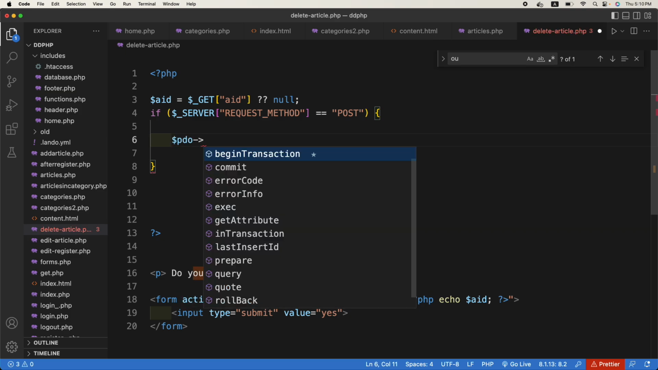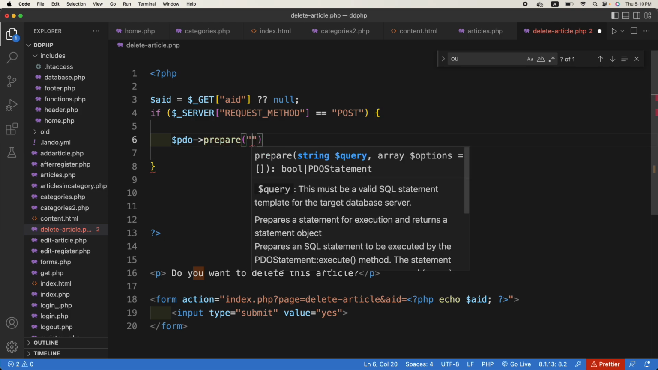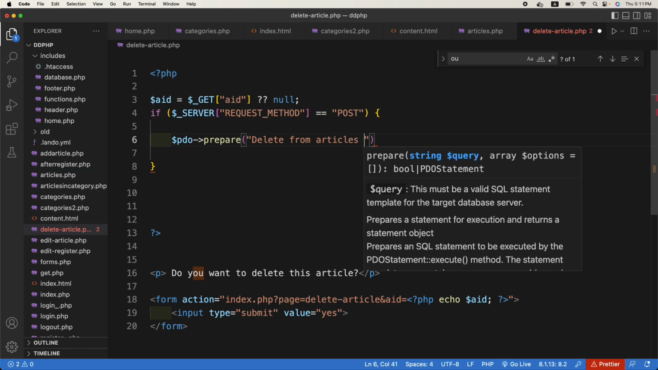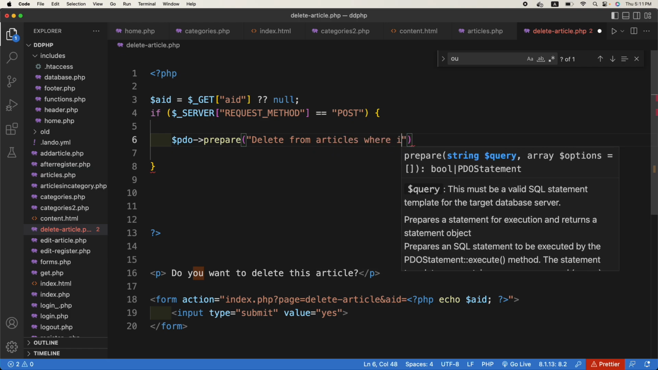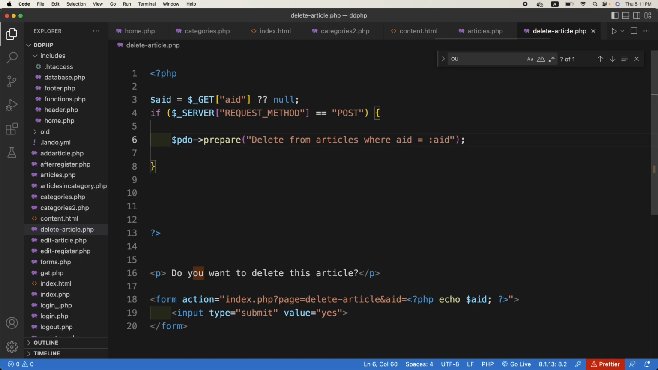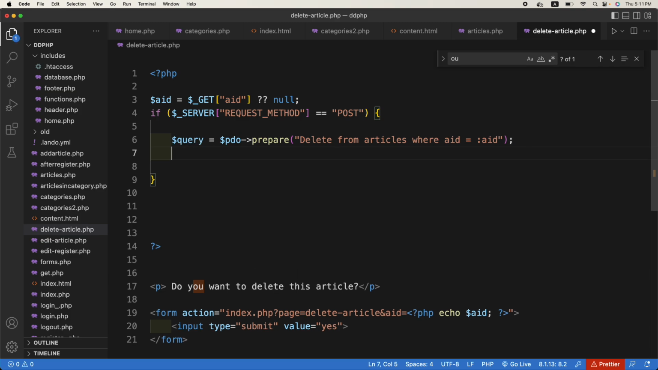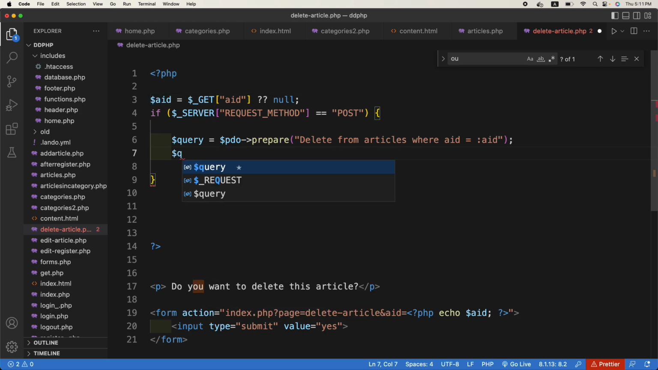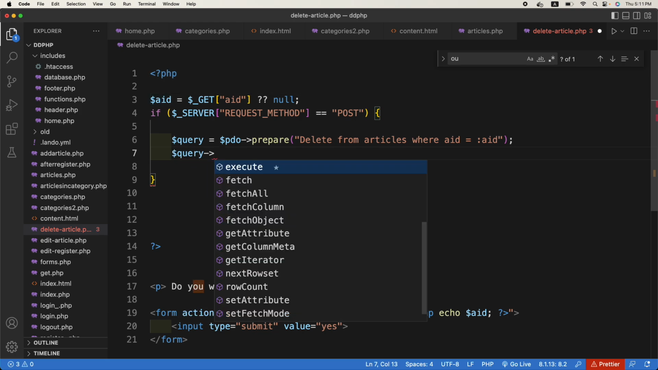$video prepare. Now here, which SQL will be used? Delete. So delete from articles where AID is equal to $AID, like this, and it should be returned as some string, a statement or query or whatever. The next is, this AID should be this AID. Okay, so query execute